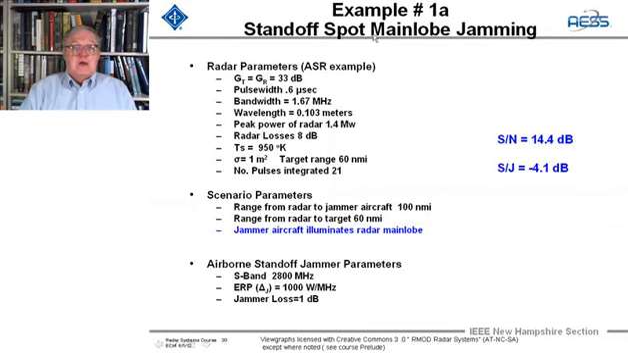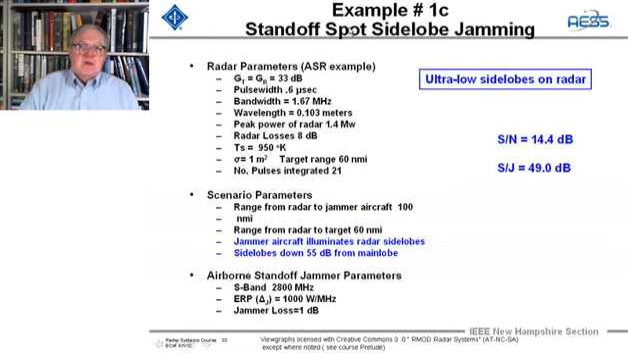If you have a main lobe jammer that's a standoff, the signal-to-jammer ratio is low, and you won't see the target because your total signal-to-jammer plus noise ratio is minus 4 dB. So if a standoff jammer is jamming the main lobe, you're not going to be able to see aircraft at 60 knots. For example 1C, a standoff spot jammer that is side lobe jamming, and we've got ultra-low side lobes